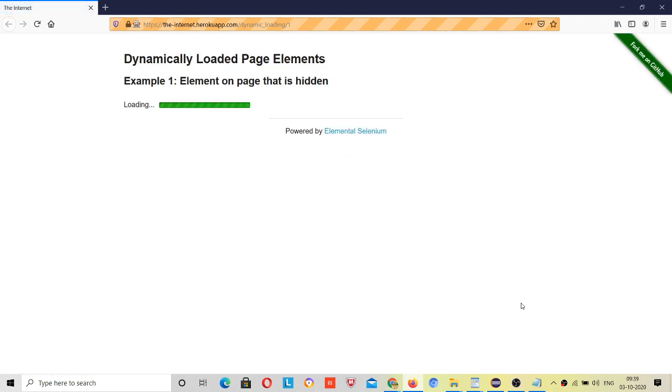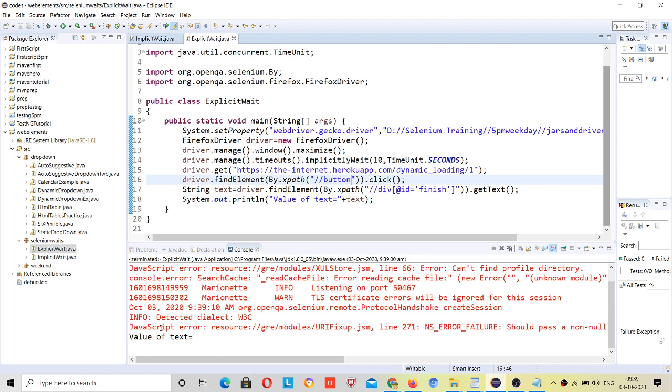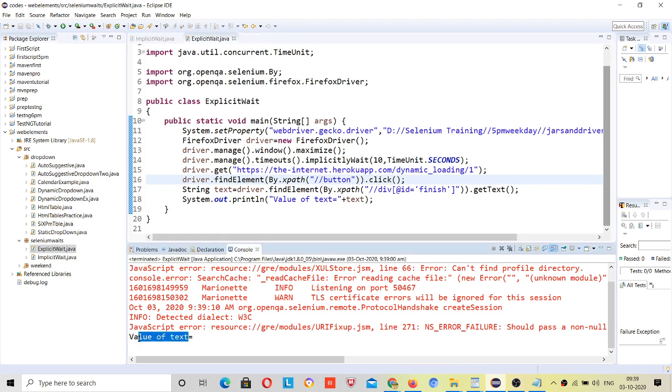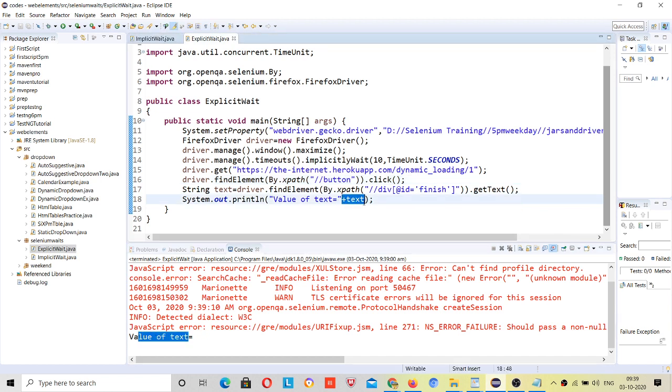Now it clicked on the button. Hello world. Okay, but you see, value of text is equal to null.